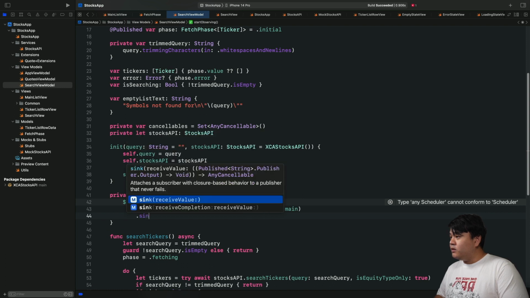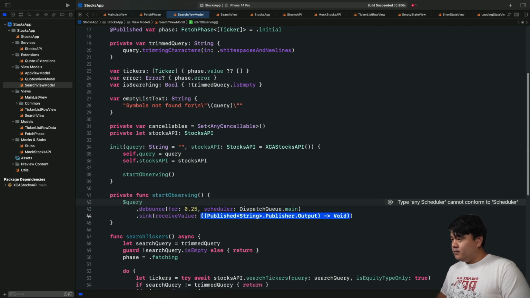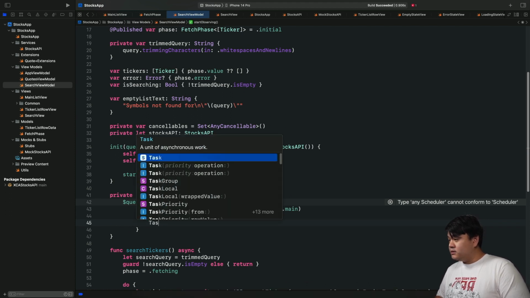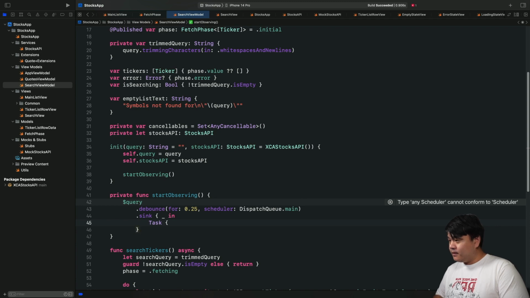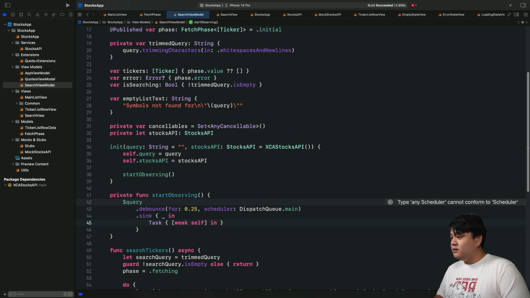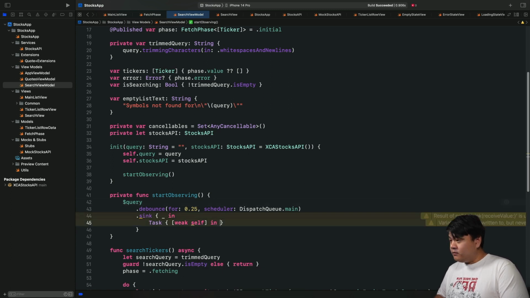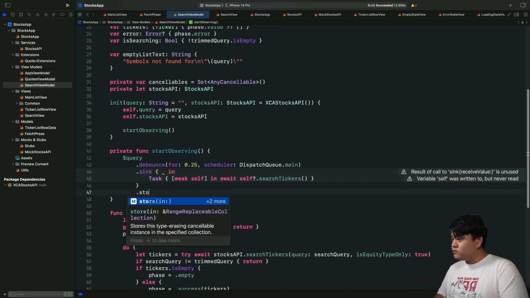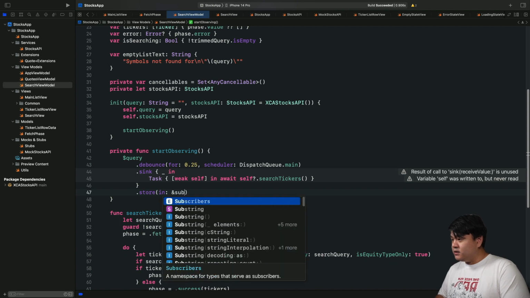Continuing on, we're going to receive the value using the sink operator attached as subscriber. And here it's going to pass the new value, but we're just going to ignore it. Instead, we're going to just pick up an async task. Okay, and here we're going to capture weak self to avoid any retain cycle, as this is a class reference type. And then we're going to invoke await self.searchTickers. Okay, make sure to invoke using the parentheses. And we're going to store this subscription by passing the pointer of the